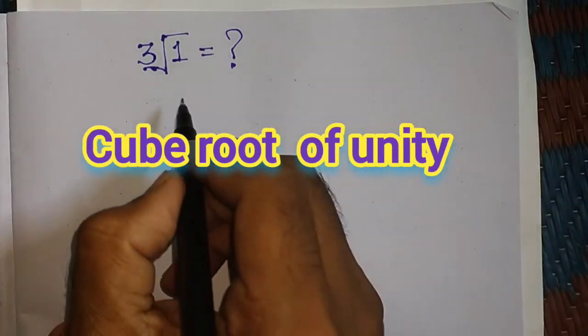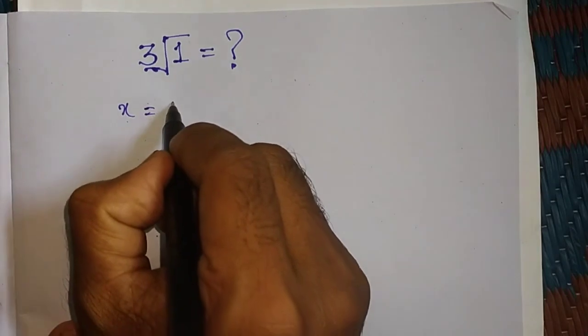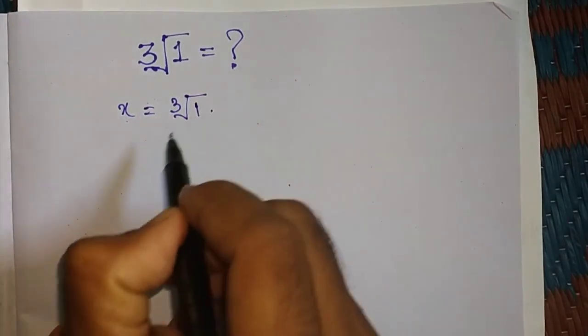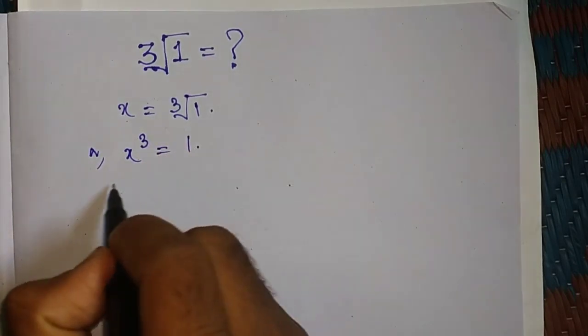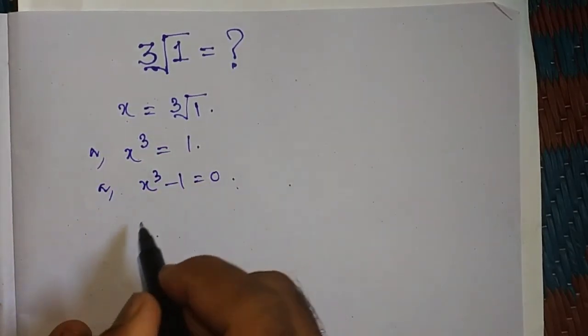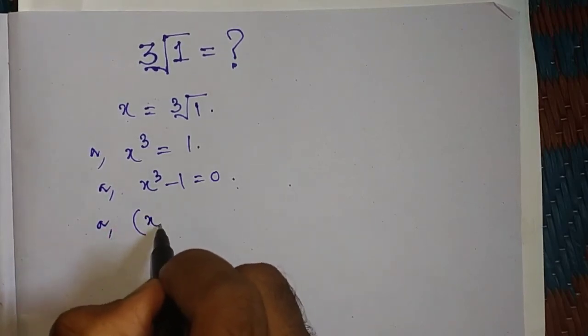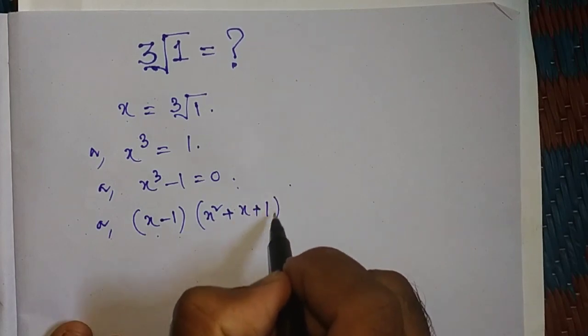In this video we will find out the cube root of unity. Okay, so let us assume x is equal to the cube root of 1. Now cubing both sides, we have x cubed equal to 1, or x cubed minus 1 is equal to 0. Now by the cubic formula we have (x minus 1)(x squared plus x plus 1),